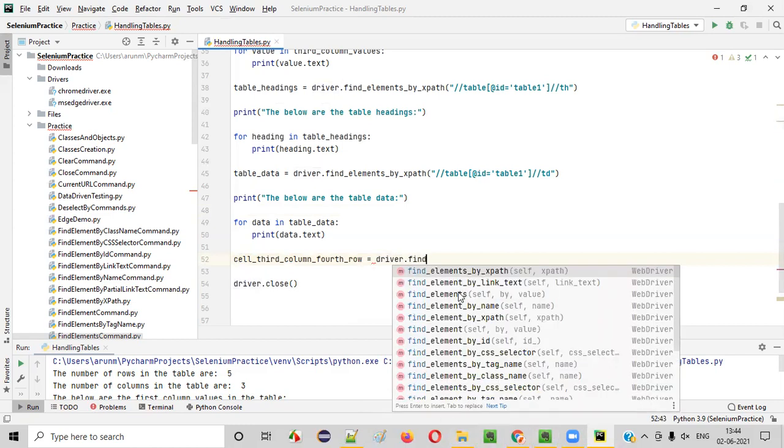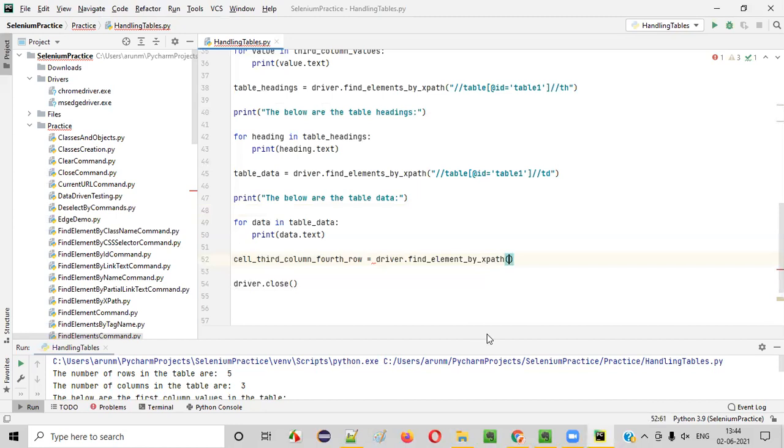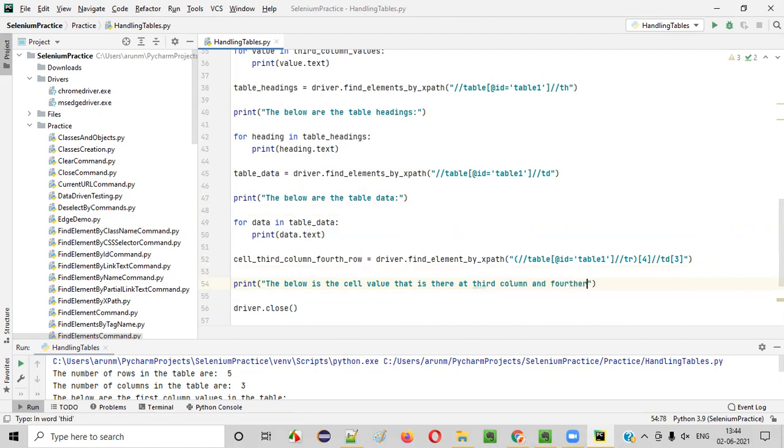Here not elements, it's element by XPath. Okay, single element. Now here I'll print that thing, guys. The below is a cell value that is there at third column and fourth row in the table.